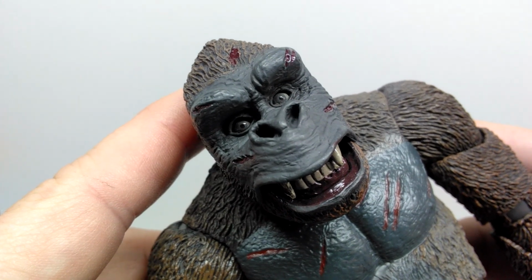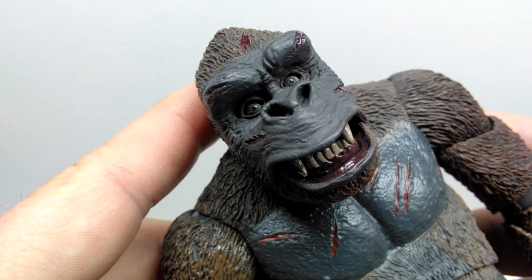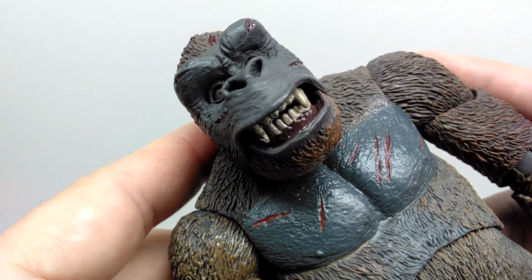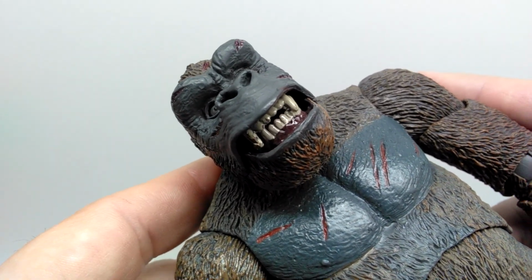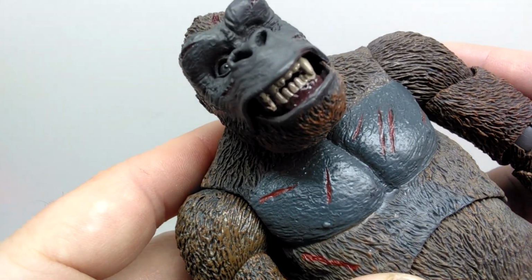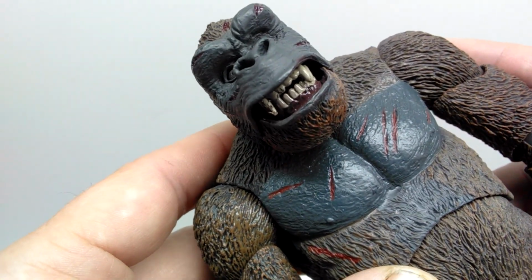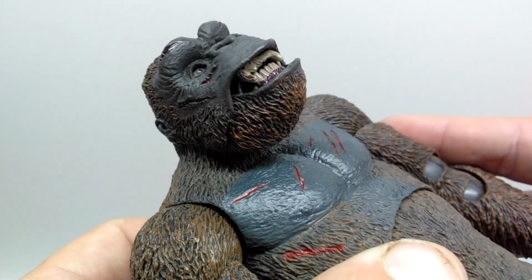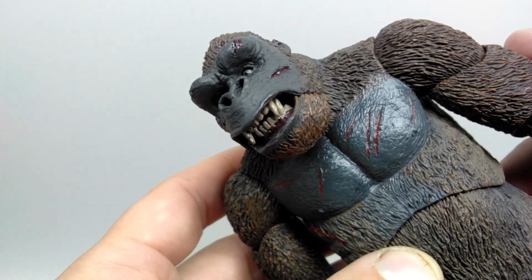There we can see a nice shot of both eyes. They look beautiful as far as that paintwork goes. Pretty much genuinely alive, I would say. As you look down here into the mouth, you can see the teeth of Kong are painted with a light gray, and you can even see the gums and everything are painted really nicely in there with a dark maroon type of color and given a beautiful gloss coat, so it looks super, super realistic inside